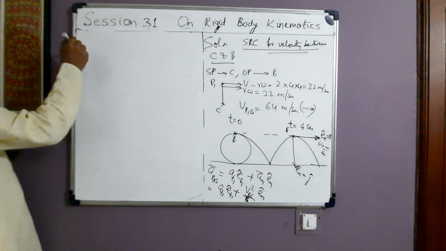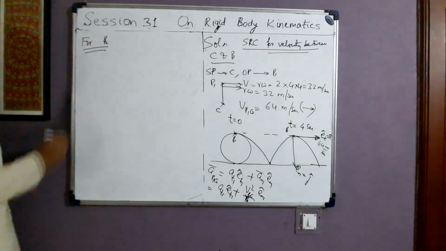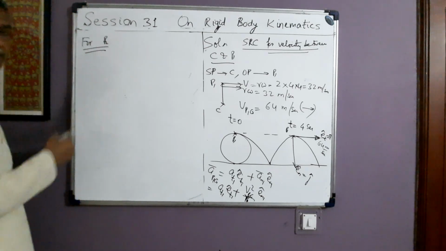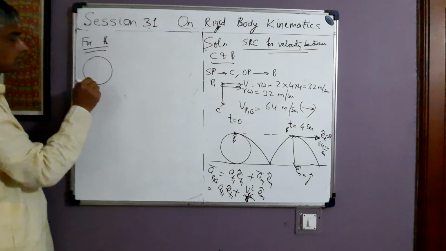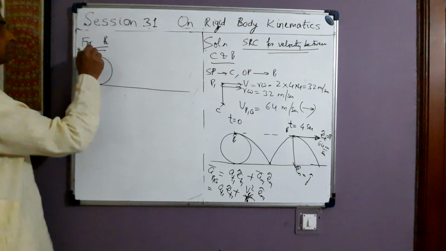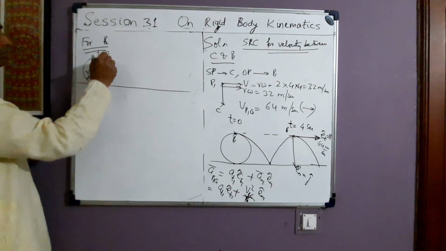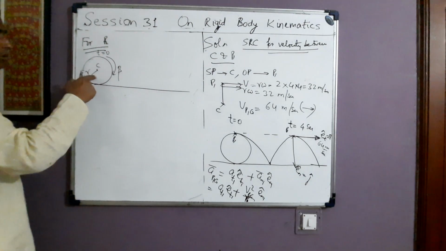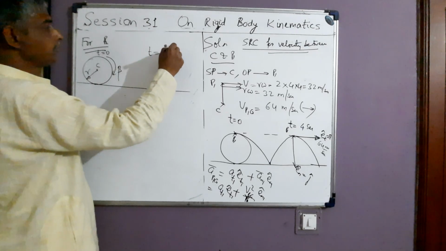Again I draw the diagram here, a rough diagram. This is time 0. This is center C. This is radius R. Here the body is at rest. It begins to rotate at beta. At t equal to 4 seconds,